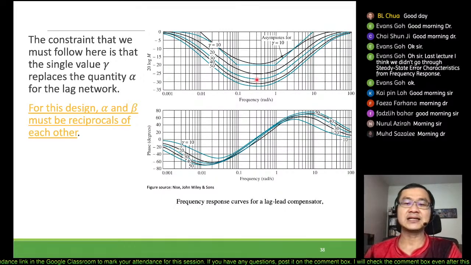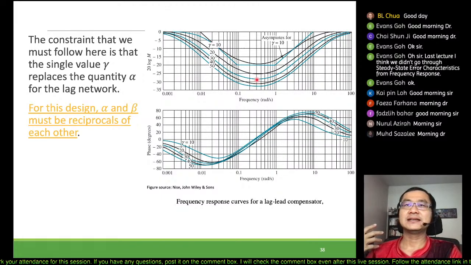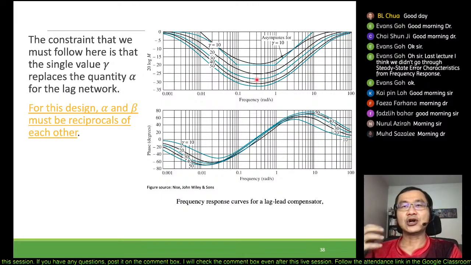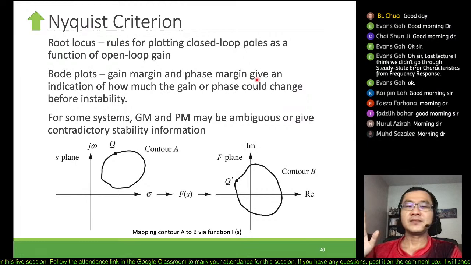So this is the idea on how you can design according to the problem or specifications, right? So here is the procedure. If you want to go through it, you feel free to do so, right? So we will not cover on that in detail, and same thing for this last part, okay, just an exposure